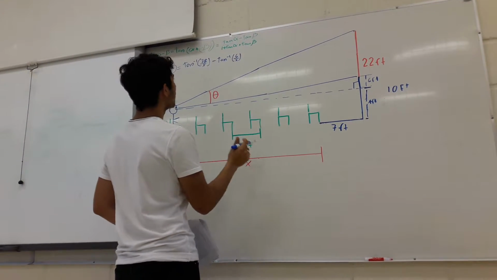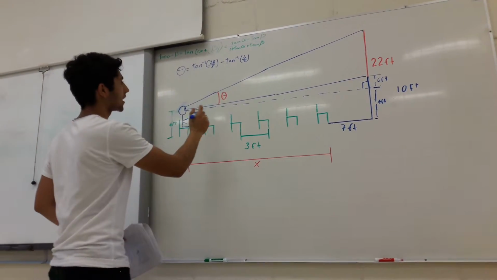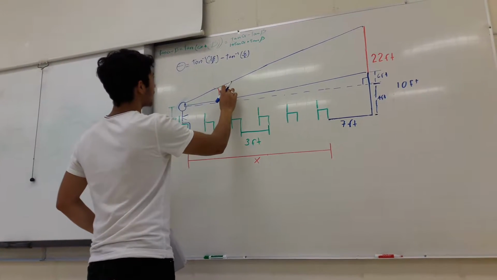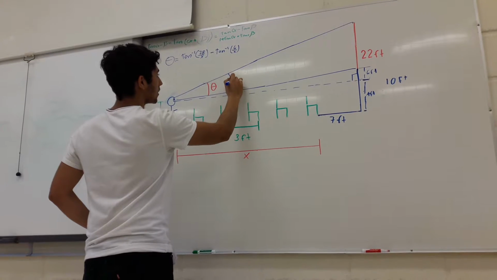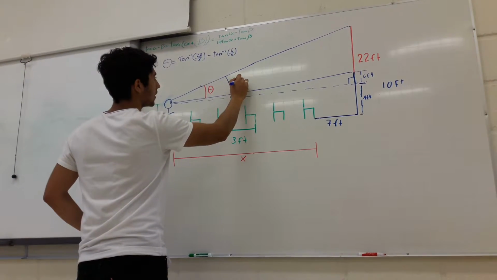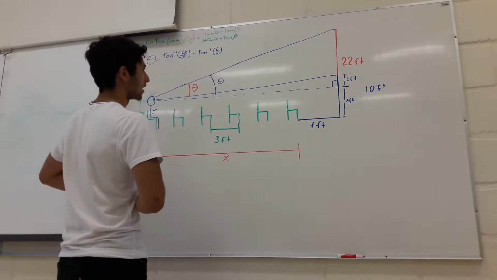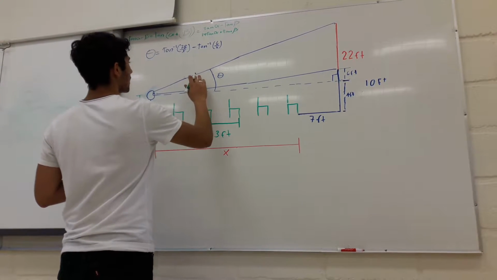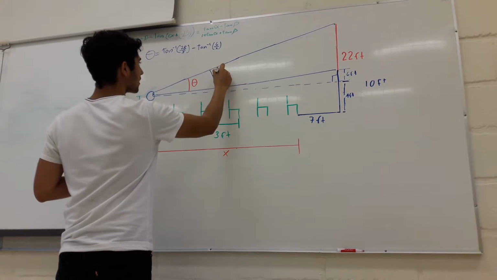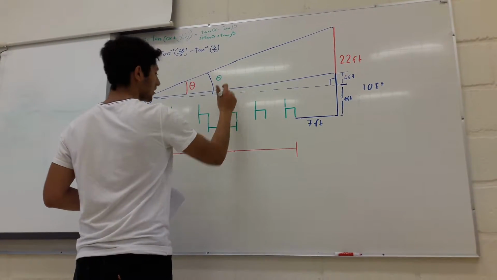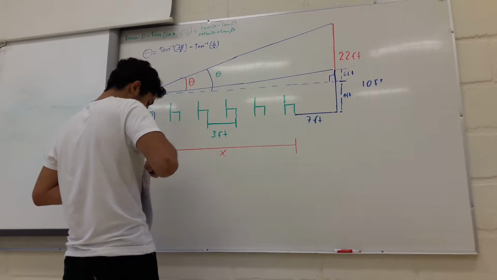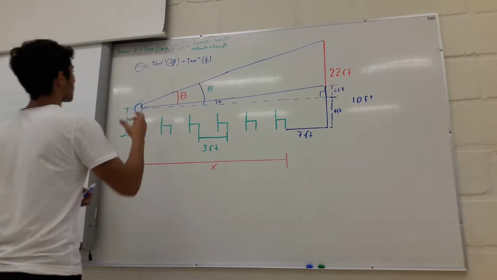And now we can know that, for example, we can create this angle here, and we can create also this. Okay, let's call this angle green, and let's call this angle blue. We know that for that red angle,